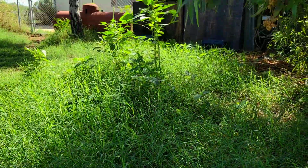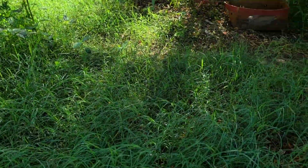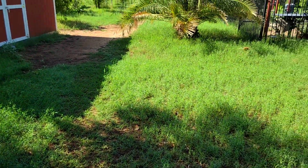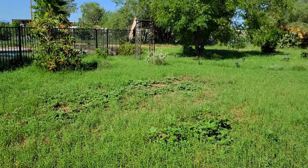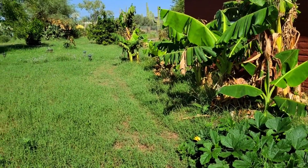The grass is exceedingly tall. I have some amaranth growing there. And so I am going to do a massive chop and drop fertilization of the entire property. This will typically take a few days, but I just wanted to take this time and to show you what